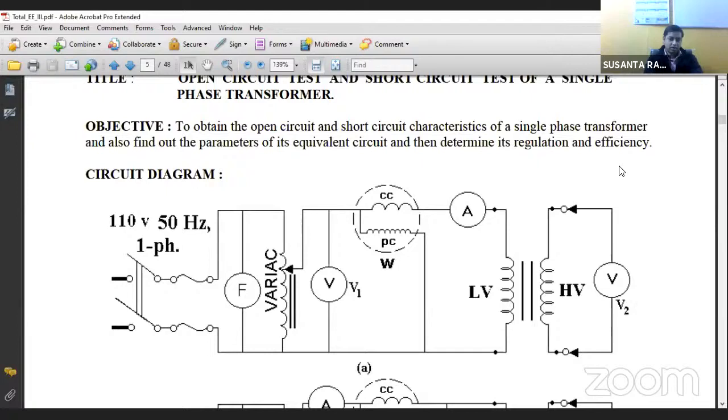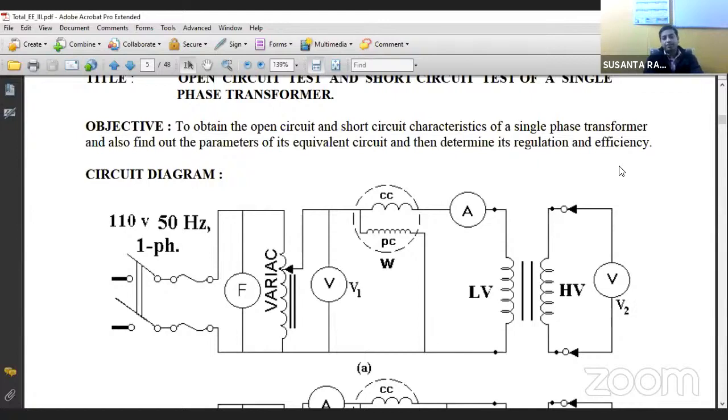So that is the reason for which we should not connect the meters at the high voltage side. We should connect the three main meters, ammeter, voltmeter, and wattmeter,